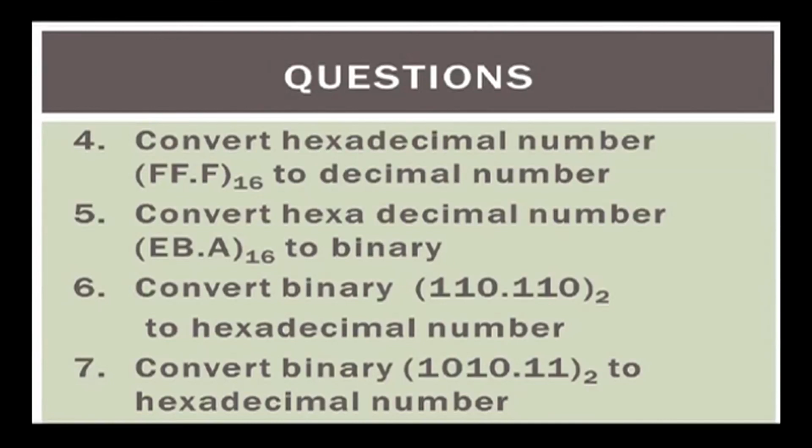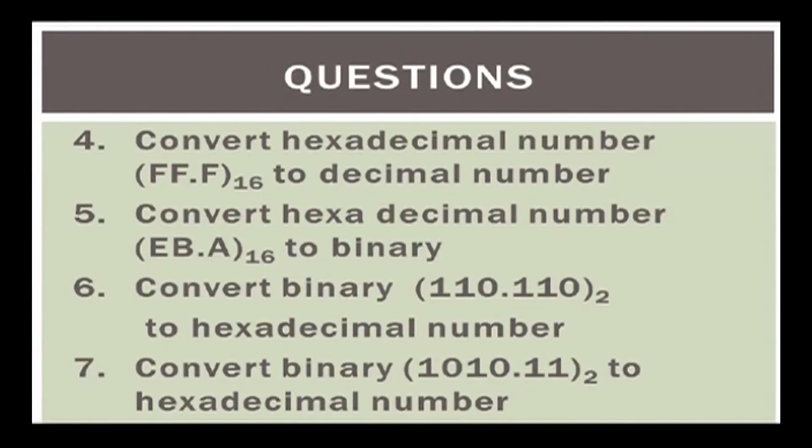So, this will give you a clear idea of how you can convert decimal to hexadecimal and hexadecimal to decimal. Similarly, we will also take some assignments to see how we can convert hexadecimal to binary. So, I would give you a small number which is EB.8. You convert this EB.8, which is a hexadecimal number, to a binary number. I think you will remember that what you have to do is write a 4-bit binary number for each digit. This is all you have to do. So, the number is EB.8, which is a hexadecimal number. I want you to convert it into a binary number.